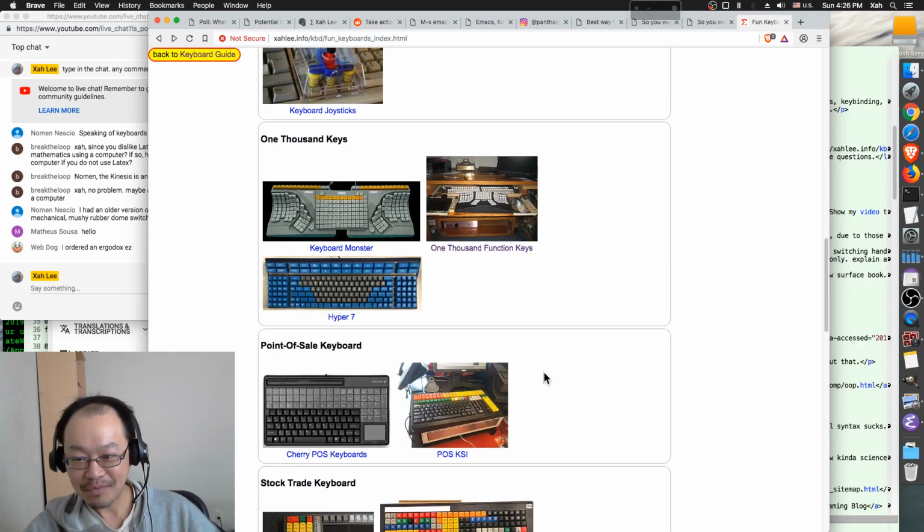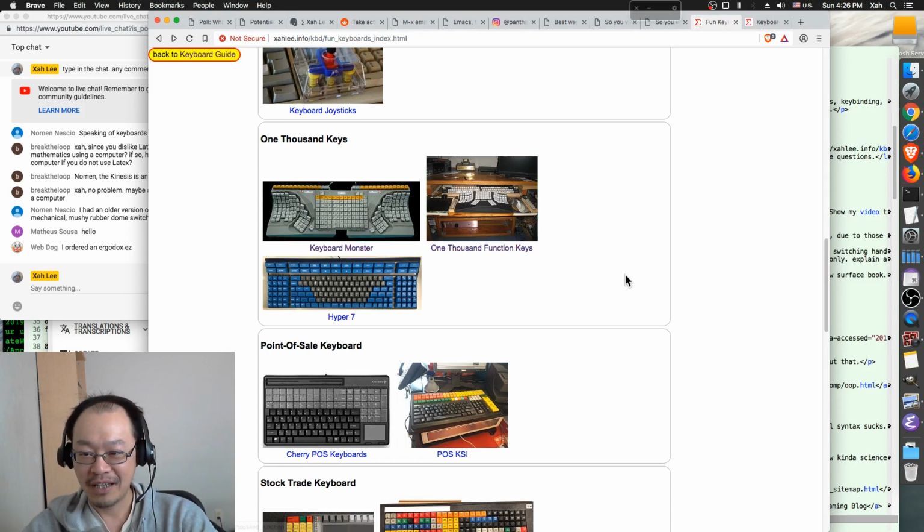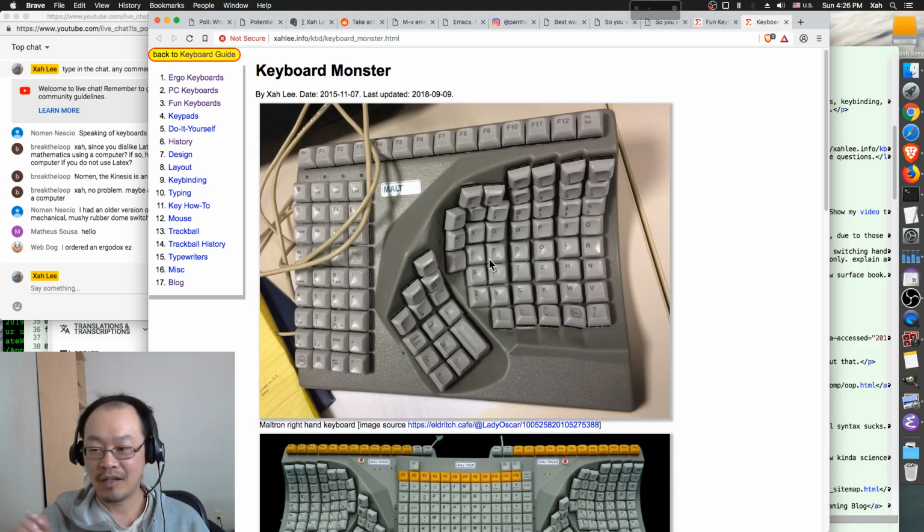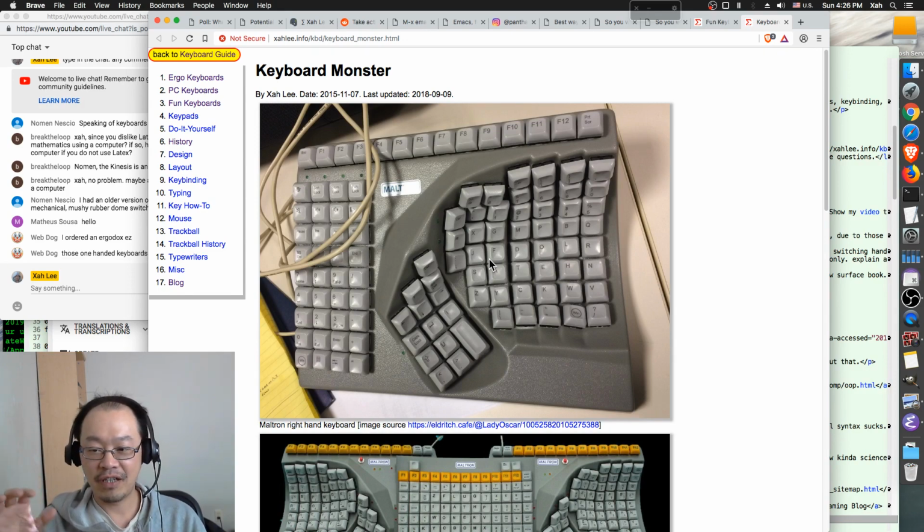So there are quite several of these people. For example, this guy, he's got this keyboard made by Matron, the company who also makes the Matron keyboard. The design is originally for those who are disabled, like they only have one hand, or they have difficulties with their fingers and so on.